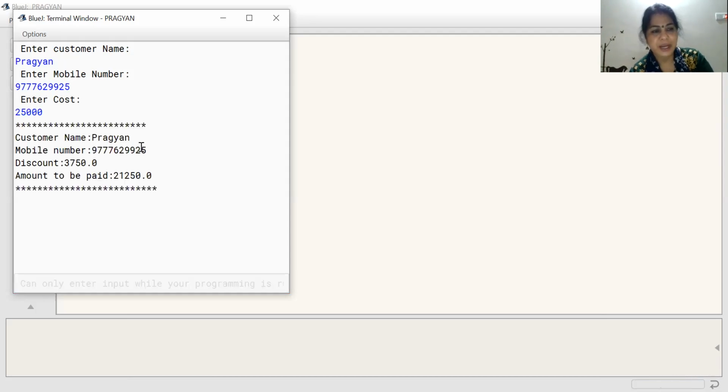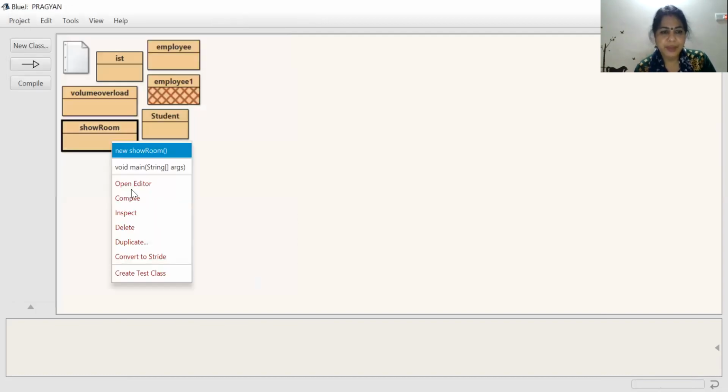So here you see the bill, the customer name is Pragyan, then the mobile number, discount is given, and the amount to be paid is just like 21,000 something. Okay, now we can also show the cost on the screen in the program. Just we go there and we can modify the program.